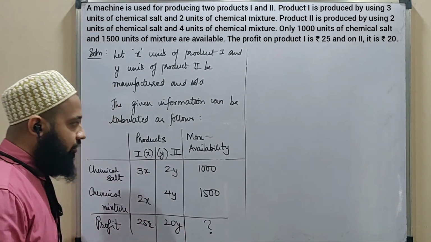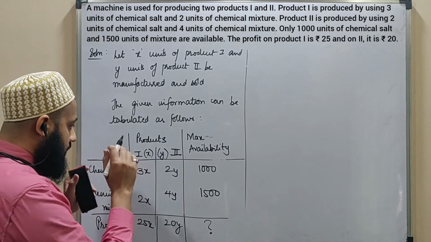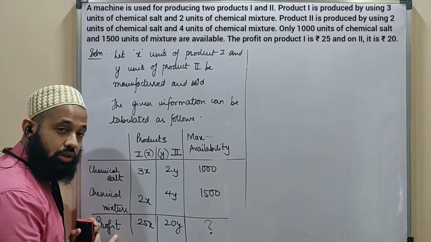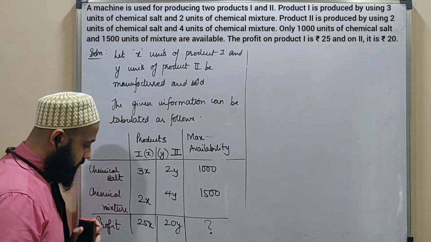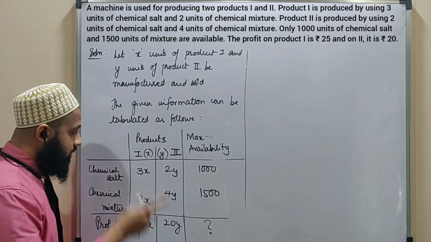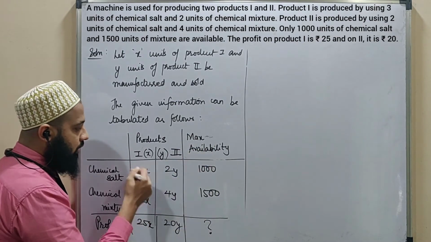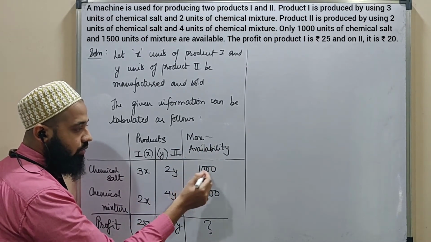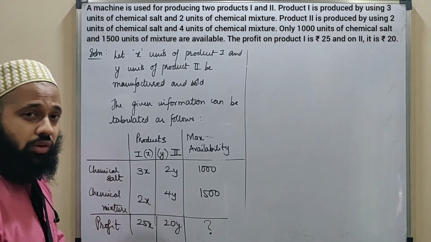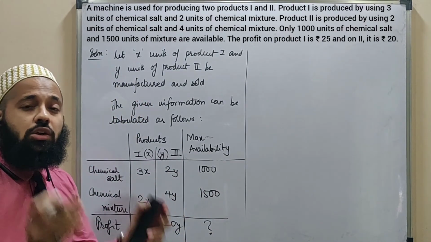From this, it is very easy to identify the LPP at this point itself. See, this is what the profit is, this is what you're maximizing. So it's basically maximizing 25x plus 20y. What are the constraints? Subject to 3x plus 2y, since this is the maximum availability, this utilization has to be less than equal to 1000. This utilization has to be less than equal to 1500. That's it. And then you write x and y greater than 0, and it completes your